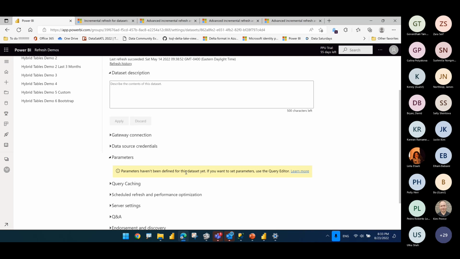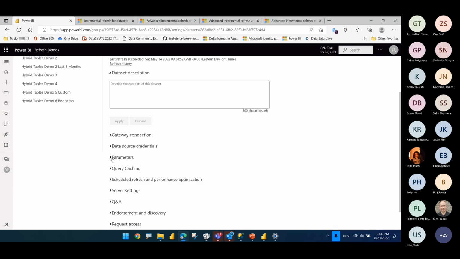Excuse me, I'm getting over a cold. If it says parameters haven't been defined, what this means is two things: they either haven't been defined, or they have been used to define incremental refresh. That means you cannot change them from here anymore.